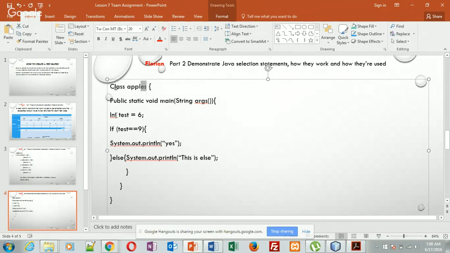So we have our test to be 6, the int is here because it's a number, and the test currently being entered is 9. We are saying that it should indicate yes. System.out.println means it should print out yes. Else, it should print out this is else. So that means if the first,